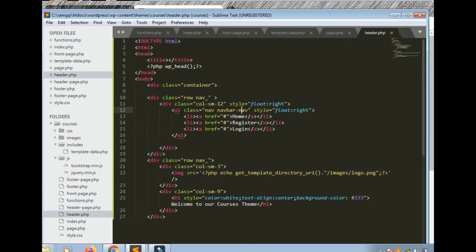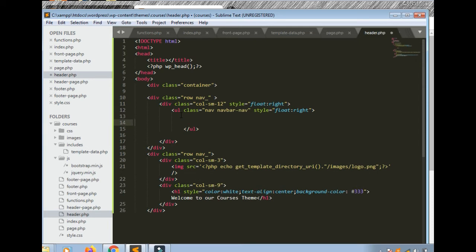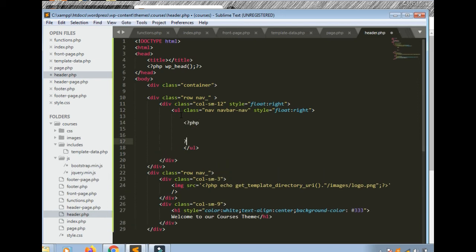How to call? This is the list, UL is there. Okay, delete it, and here we will write PHP, wp_nav_menu, WP nav menu,